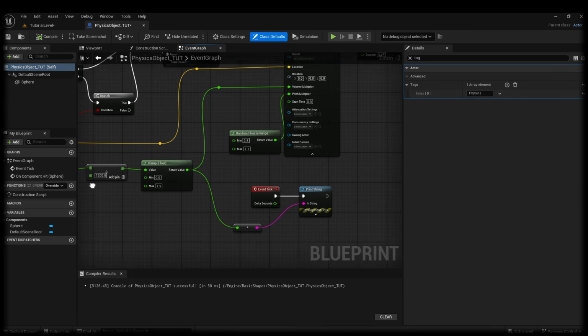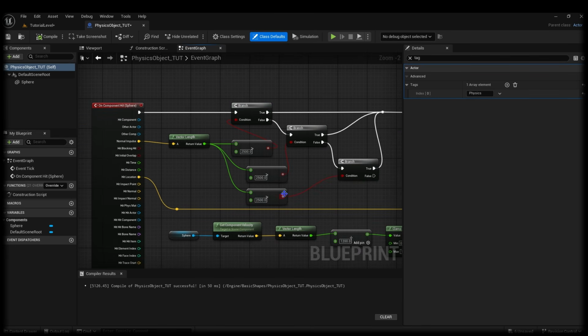So, I hope this video helps. Again, this is an easier version, so I apologize if it's not what you're looking for, but this is just a simple way to set up some physics audio for your physics objects. This will work with any type of object. You just remember that if the mass of the object is different,